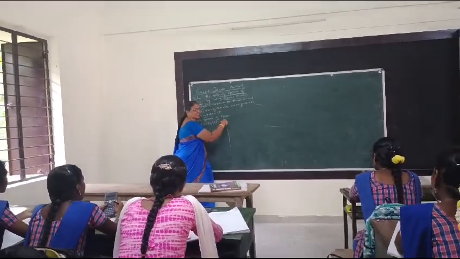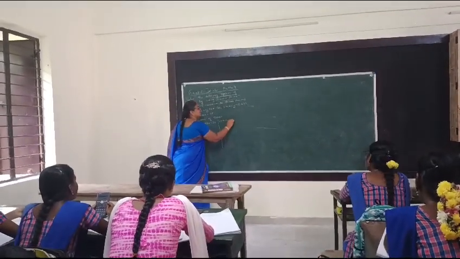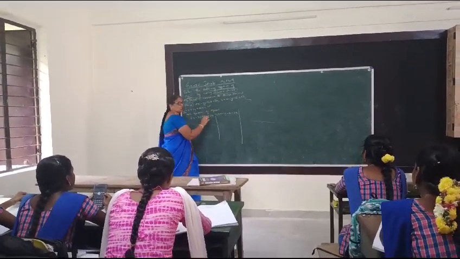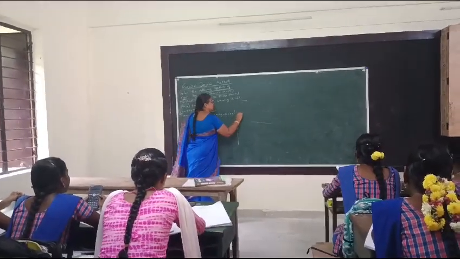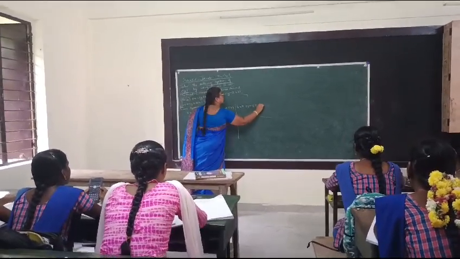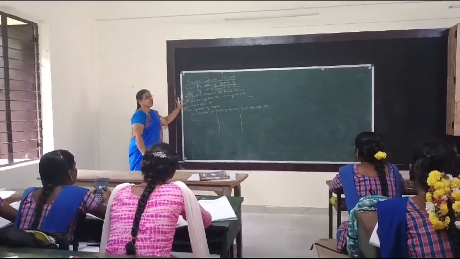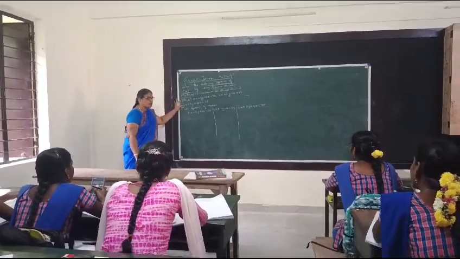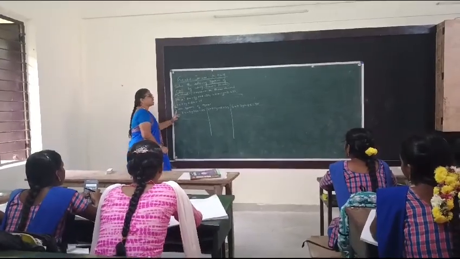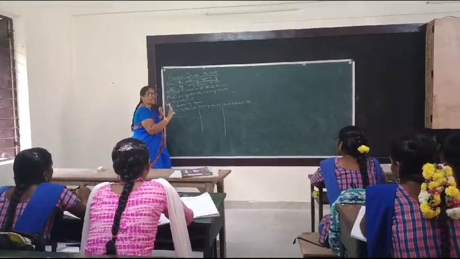And take the second equation separately. What is the second equation? 4x plus 11y minus z equal to 33. And finally, take the third equation also separately. What is the third equation? 6x plus 3y plus 5z equal to 13. These are the 3 given equations in the problem. So take all the 3 equations separately. Why I am taking them separately means, see the first equation first, particularly in the left hand side. Before that, what are the variables they are having